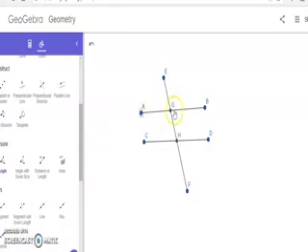Okay, let me check. Angle AGH, yes, that is 106 degrees. Again, I want the angle GHC. Yes, this is 72 degrees. And also angle BGH, this is 74 degrees. Again, angle GHD, this is